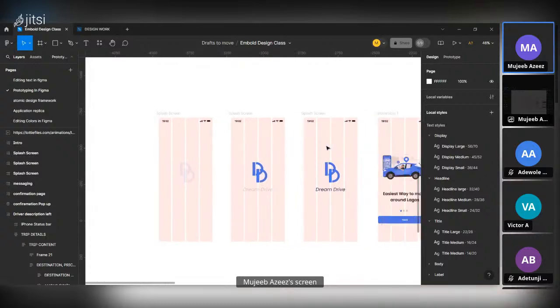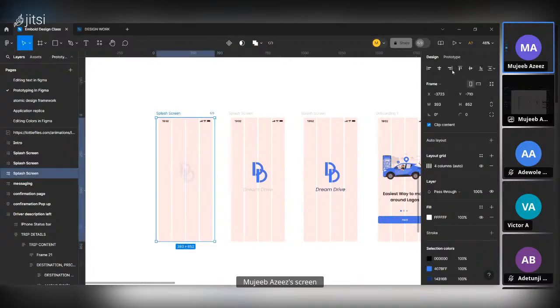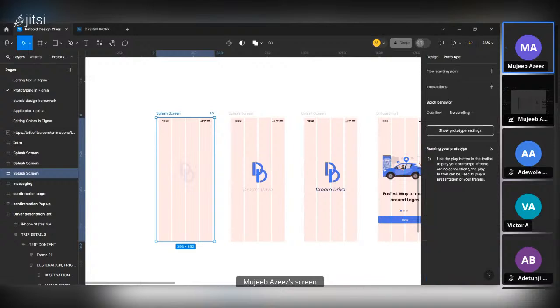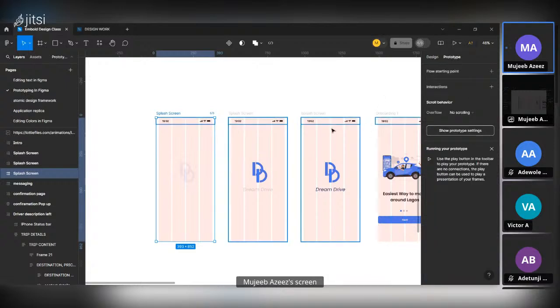So let's prototype now. These three screens are our splash screen, and we want to create a sort of animation with our prototyping. So let's go to our prototype tab. Once you click on an element on your screen, when you hover on the edges of this element, you are going to see a circle,